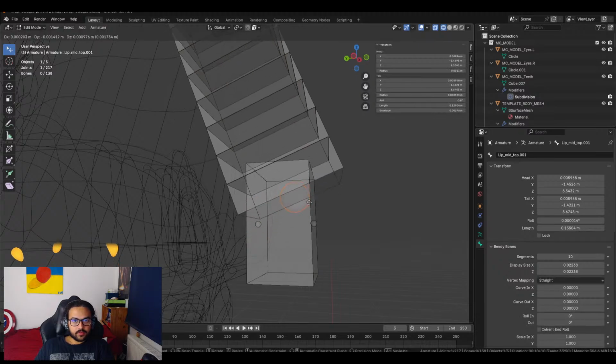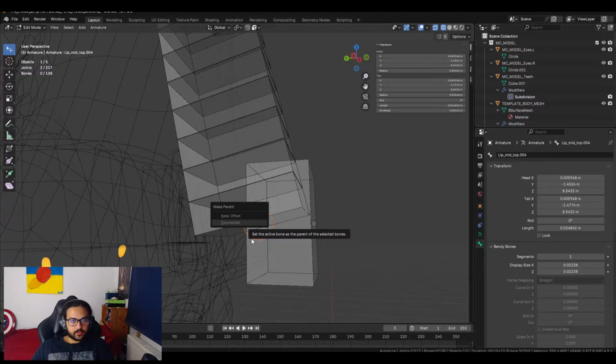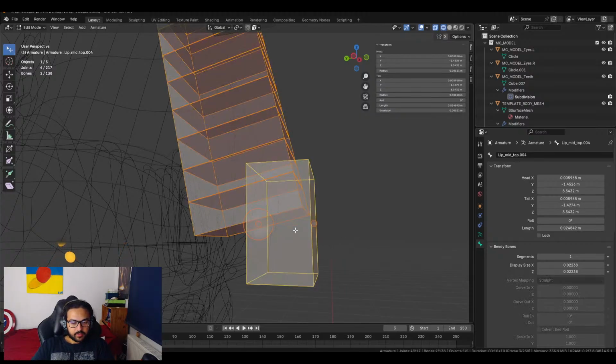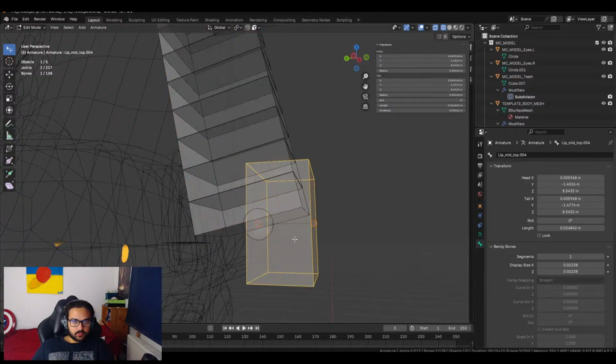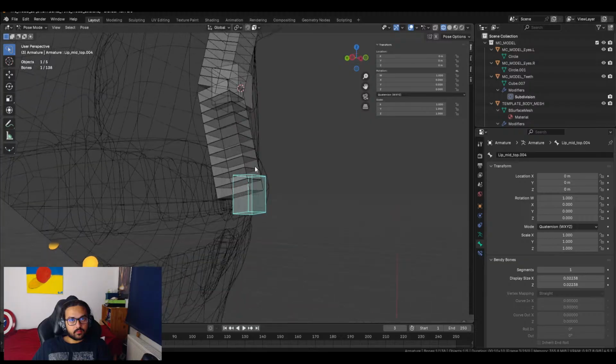What does this control? No. Oh, this does. So this actually should be parented. This needs to be parented to this, right? Keep offset. That way, when I'm in pose mode, then